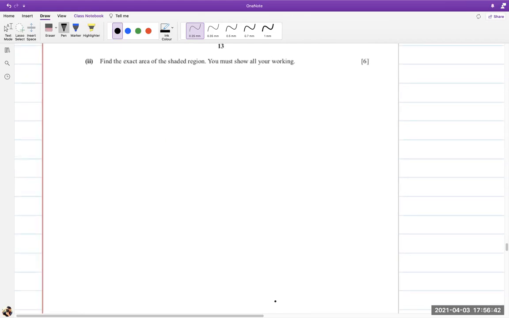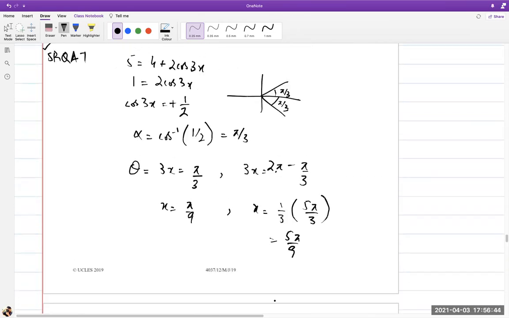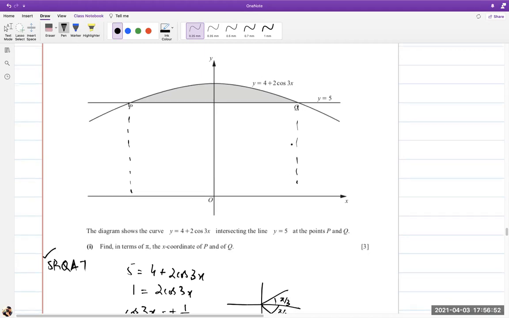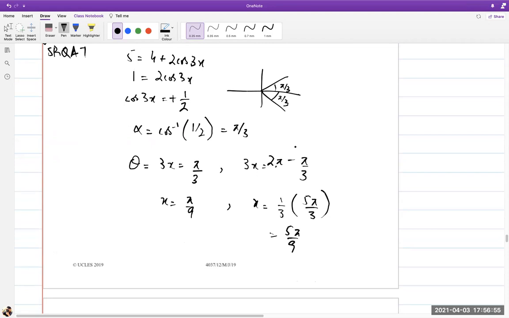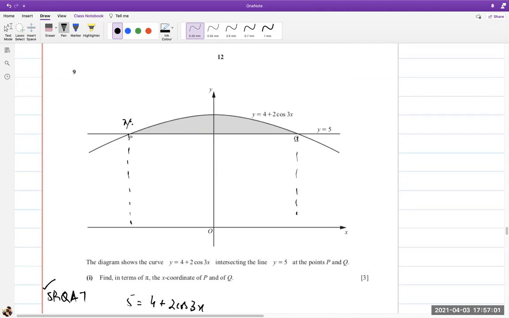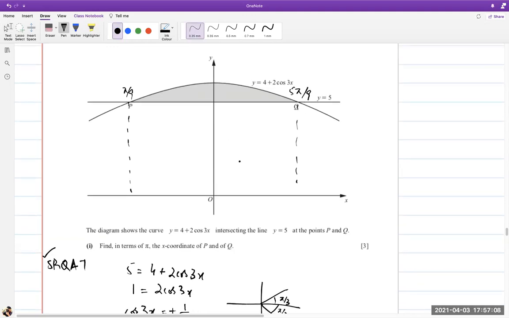Next is saying find the exact area of the shaded region. Okay, so we have 2 points here. One is where it is pi by 9. ठीक है, वो ऐसे यहाँ पे सॉल्व हो रहे हैं x की वैल्यूज। ओके, दो आंसर्स आ रहे हैं। एक वो पॉइंट है जहाँ पे पाई बाय 9 है, एक वो पॉइंट है जहाँ 5 पाई बाय 9 है। अजीब बात है कि एक में से कोई नेगेटिव नहीं आ रहा। ओके, चलें सॉल्व करके देखते हैं।